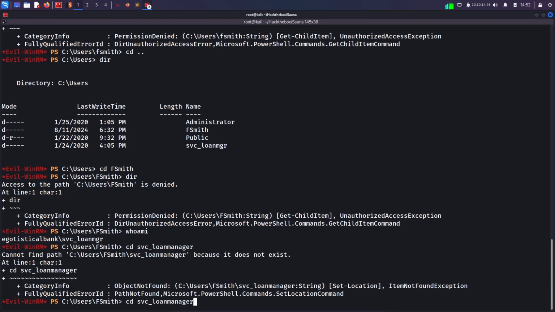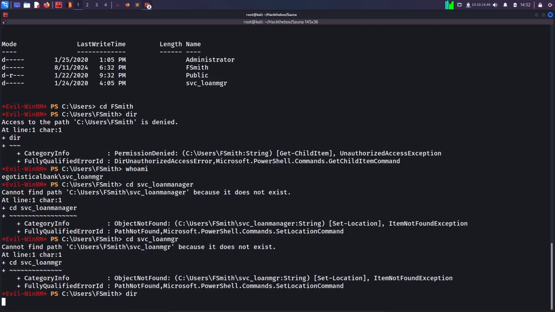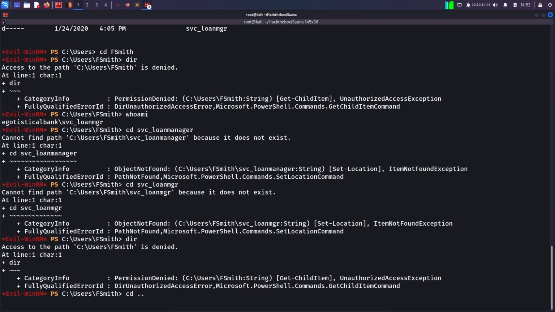Okay, cd svc loan mgr, dir again. Okay, I am in fsmith directory. I don't know what's going wrong. So cd into svc underscore loan mgr,